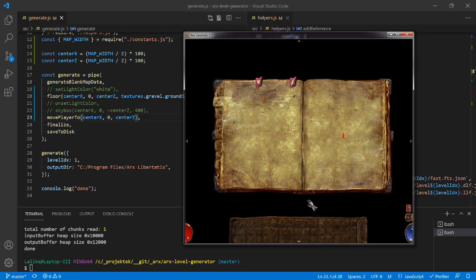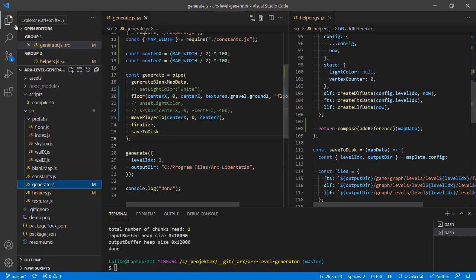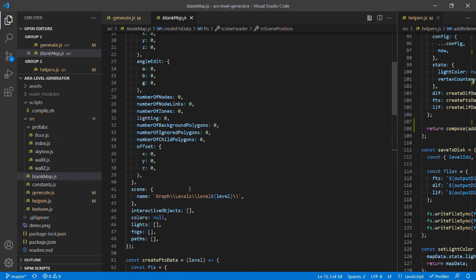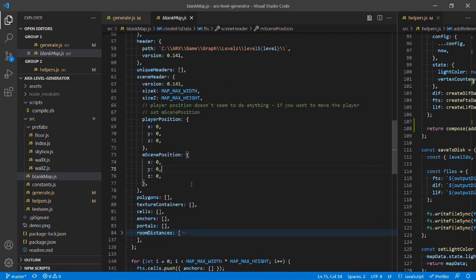What gives? What the hell is going on here? I seriously have no idea what is going on, and it seems like a simple thing to solve, but let me just show you guys what is going on here, at least when it comes to different coordinates. Okay, so I have a set of coordinates for pass edit, and we have an offset. These are both in the DLF file, and in the FTS file we have a player position and an mScene position,